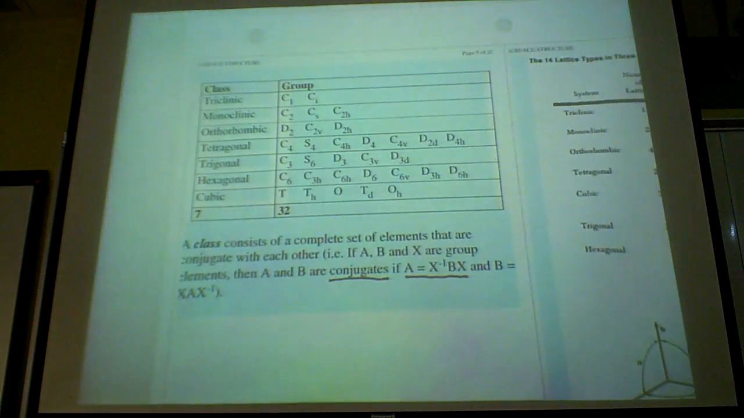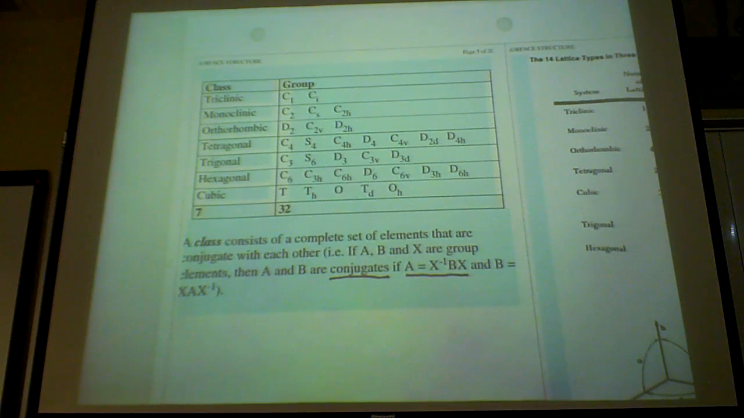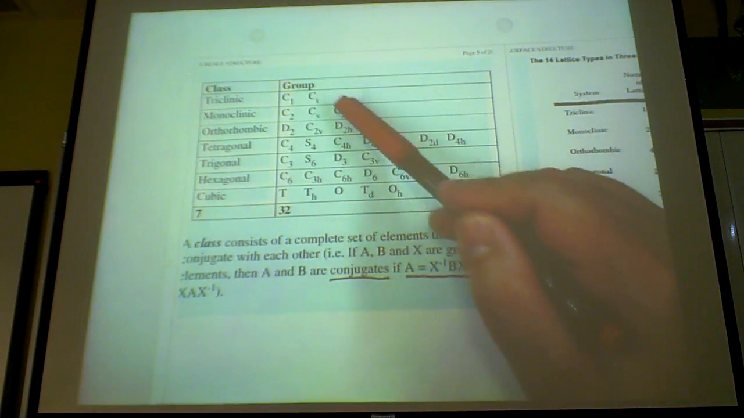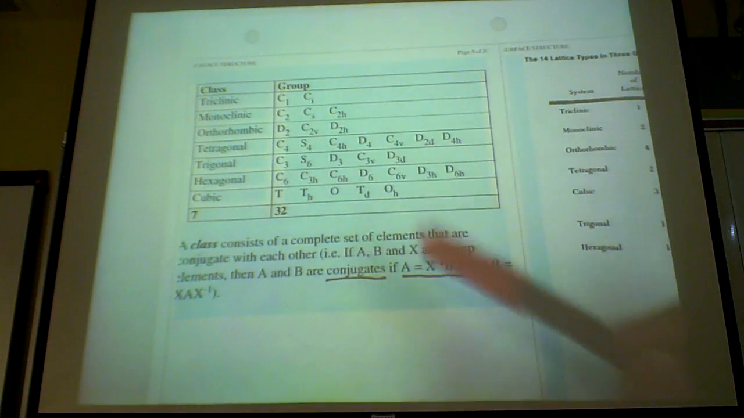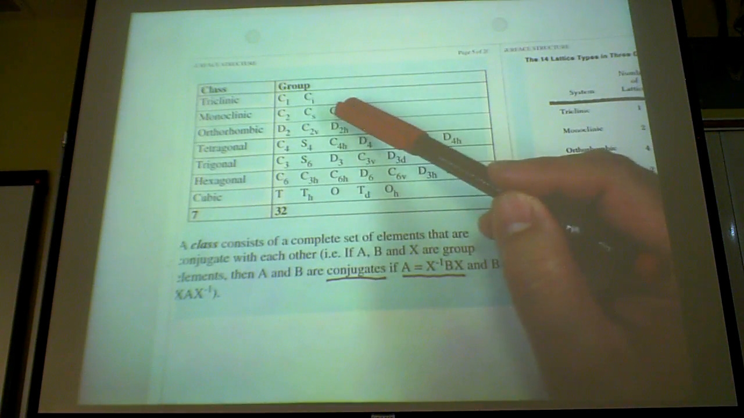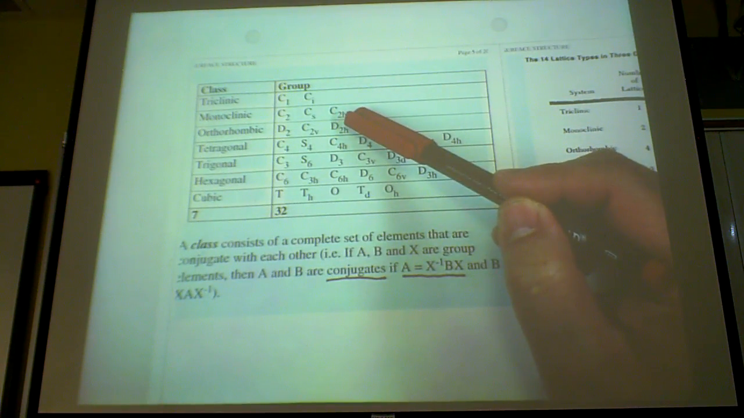Right? So you can take these 32 group elements that you have, and if you can figure out some X transformation matrix that generates them from each other, then you find out they are in the same class. Otherwise they are separate, because you cannot cross these 2, because you can never find an X matrix that can transform into, say, C2 2X, for example. If you start